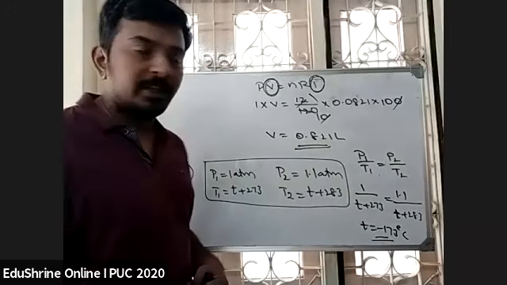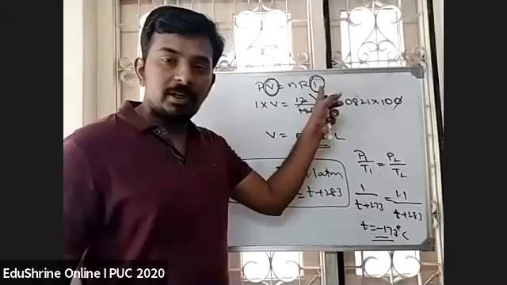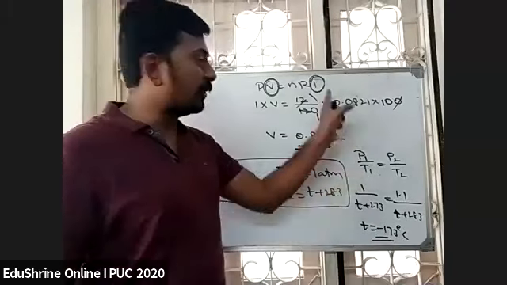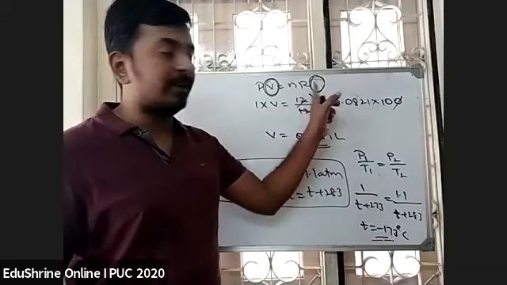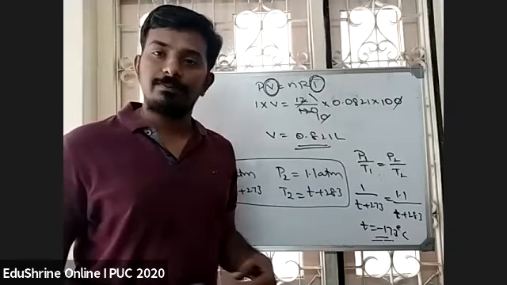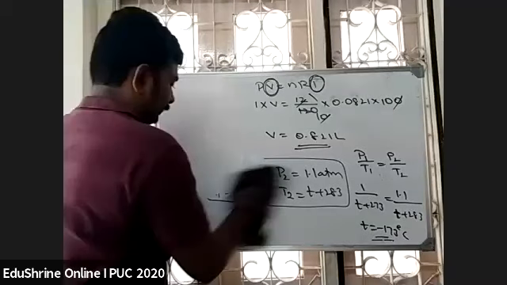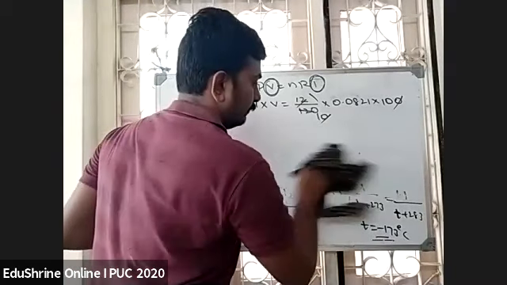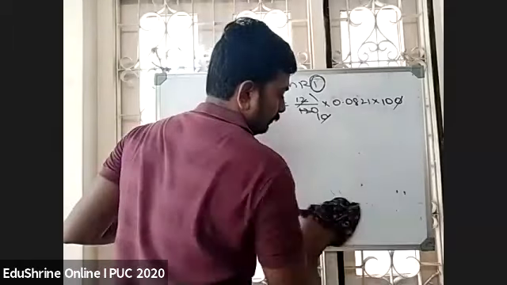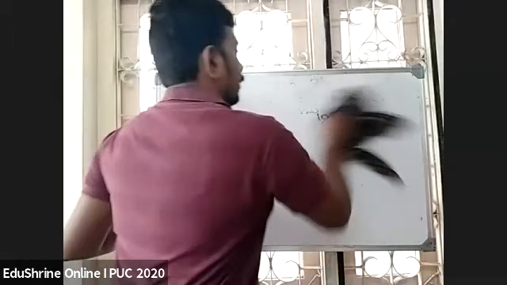Okay, students, here you got the answer in degrees centigrade. Convert it into Kelvin. Minus 173 degrees centigrade is nothing but 100 Kelvin. So these are the different types of questions you will get based on the ideal gas equation and the equation of state, P1 V1 by T1 is equal to P2 V2 by T2.